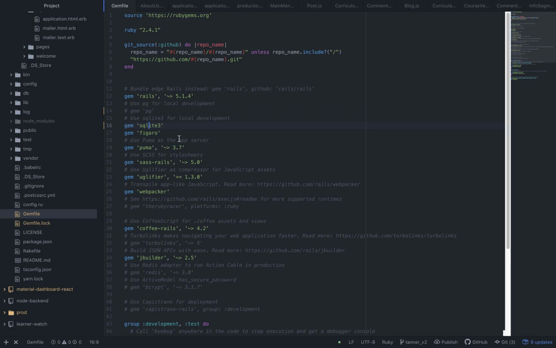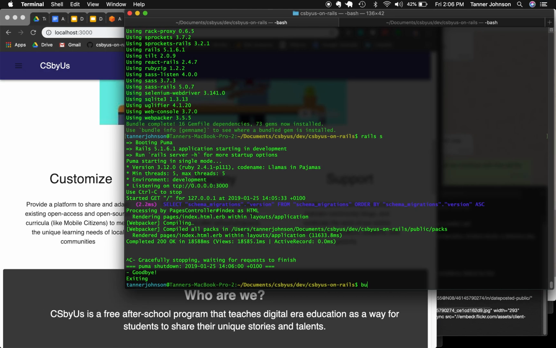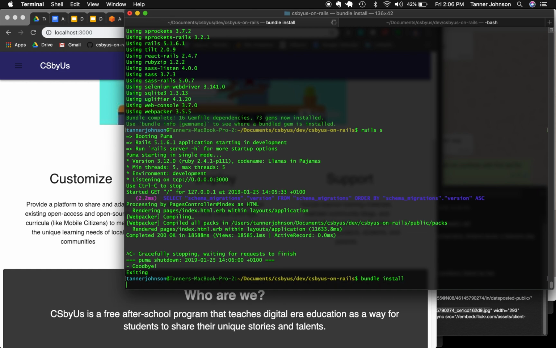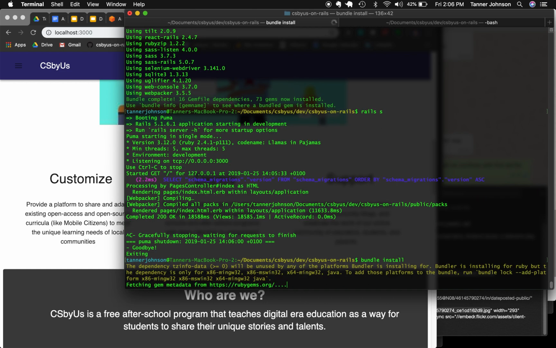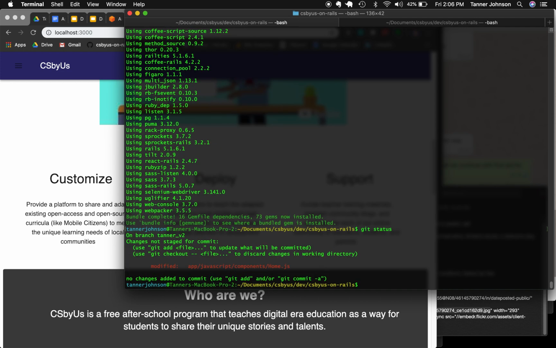So first thing I want to do is I want to clean this up. Okay, we made sure it's running locally. Let's reinstall our Postgres gem before we push. We are now ready to push to Tanner v2. So I'm going to add all the changed files,